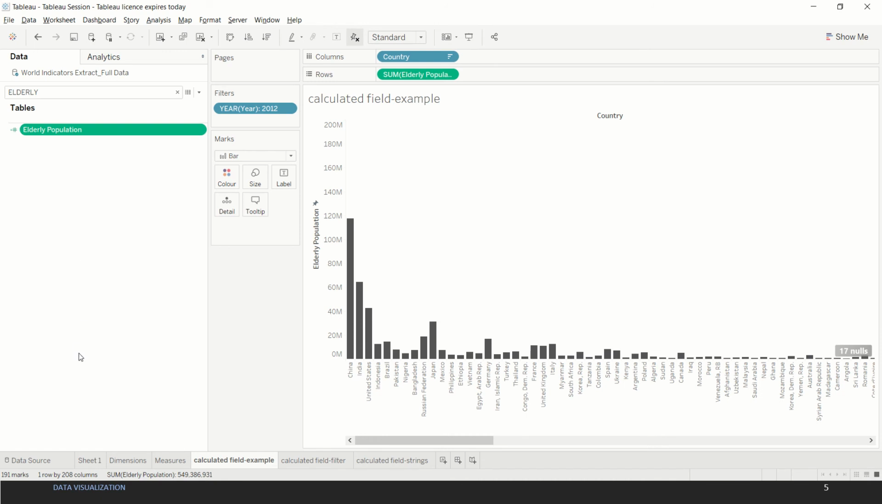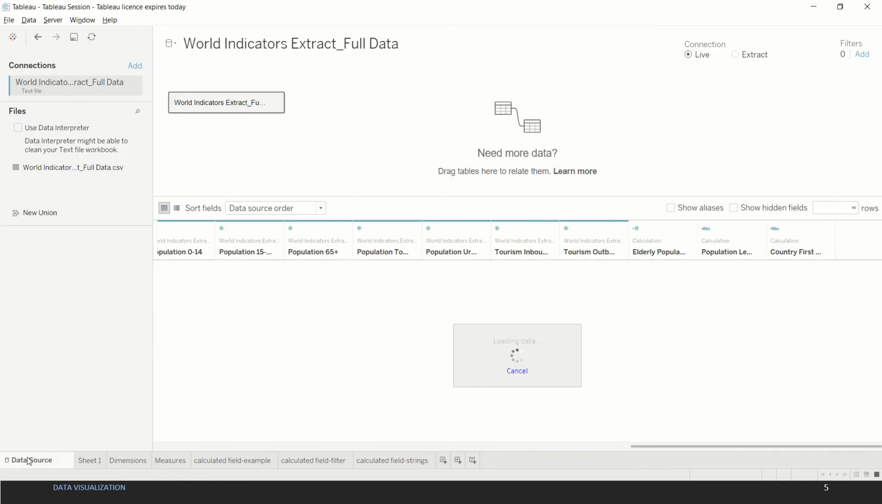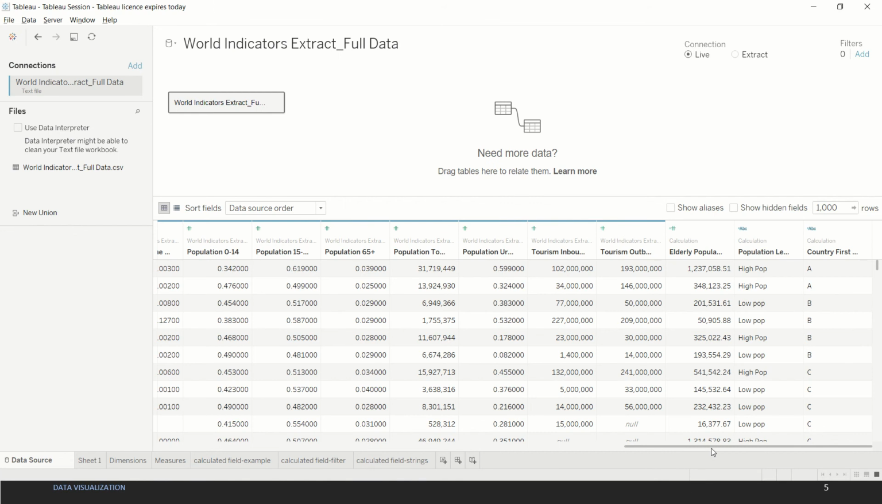Another thing to note is that whenever you create a calculated field, it generates a new column which is also visible under the data source sheet, and you can see this calculated field, elderly population, available here. Also note the equal to hash symbol implying it's a calculated field and the keyword calculation written over here. Okay, coming back to our sheet,